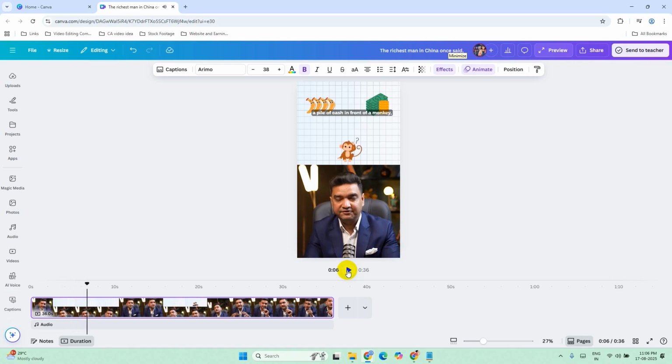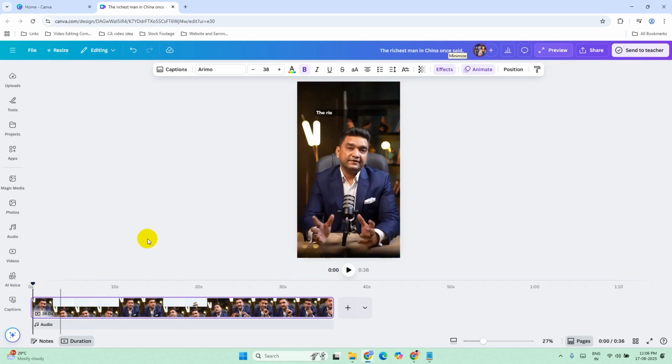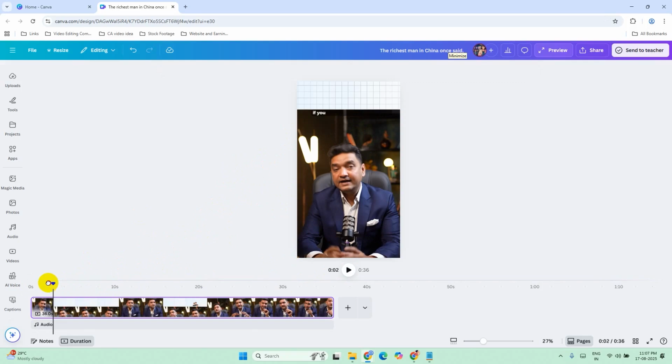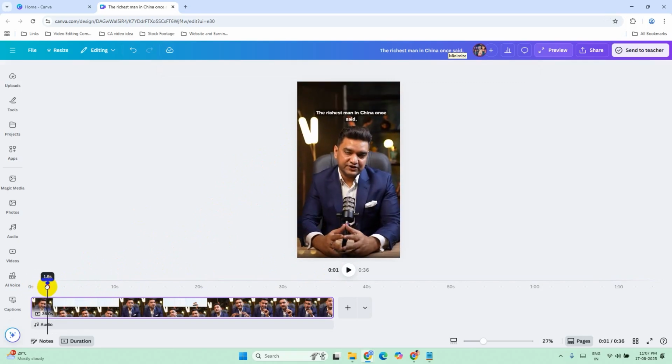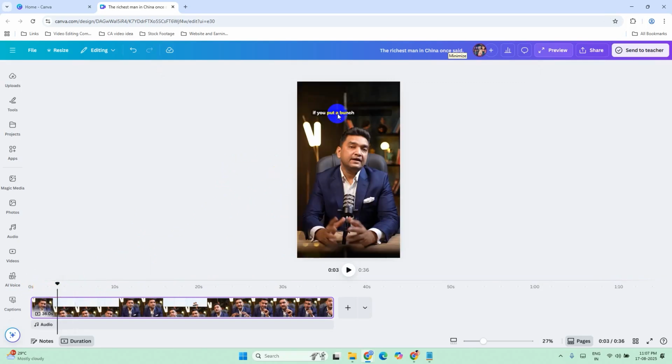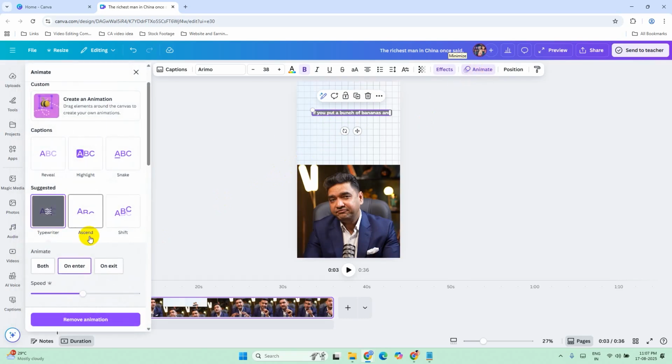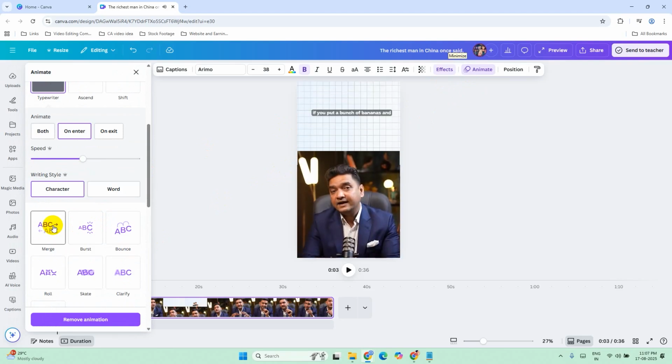You don't have to apply animation for each text. So now what if you want to apply different animation for different text? For that you have to ungroup all the text. Select the first text and click on ungroup, and this will ungroup all the text. See, now this is typewriter animation, and now I will choose different animation for this. Now again select this text, click on animate, and select this one,